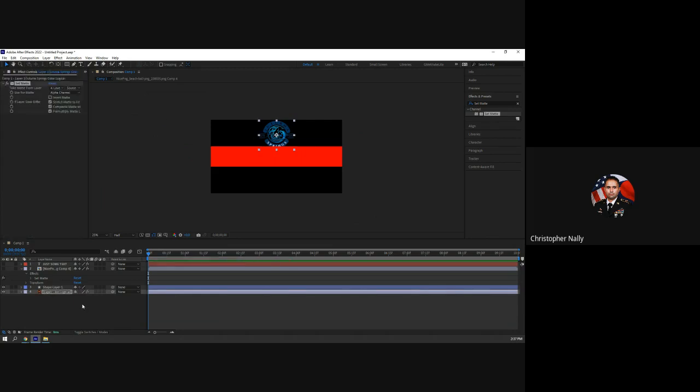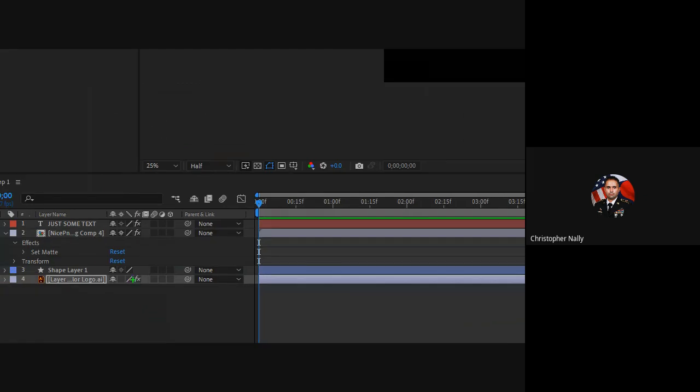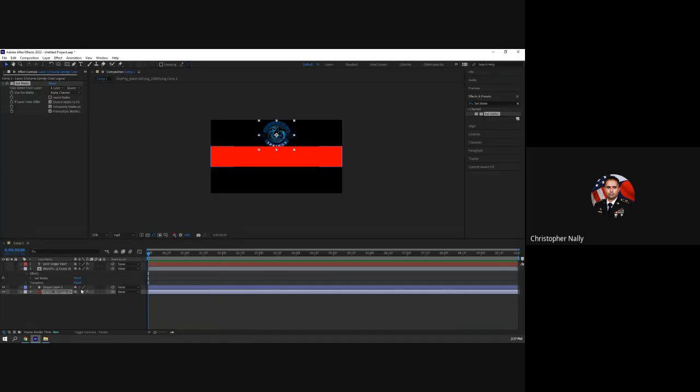And notice, because this is a vector file, it's a little bit different than the PNG and JPEG. It already has the option to check that switch on, the rasterize layer switch. So I'm going to go ahead and click on that because we want to rasterize this if we're using it for a track mat. And then what I'll do here is select, you probably guessed, of course, shape layer 1